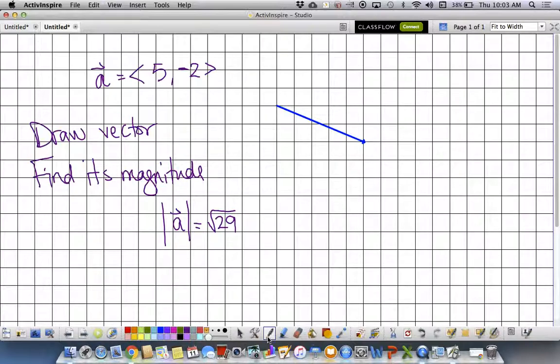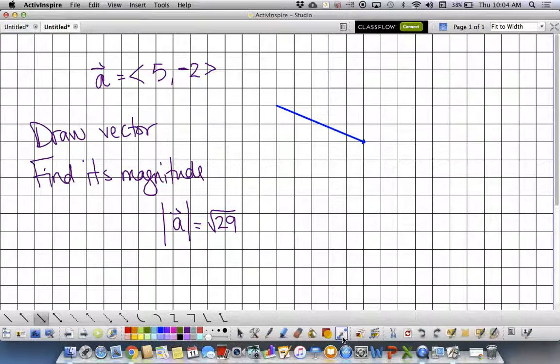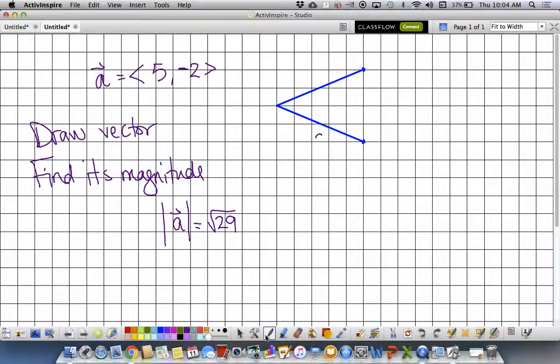Okay, I'm going to tell you, those aren't opposite vectors. But they have the same distance. The magnitude is not the distance. Well, okay, you didn't go over. Okay. These two are opposite. So if you drew a vector that was here, so if you have vector A that is 5, -2,